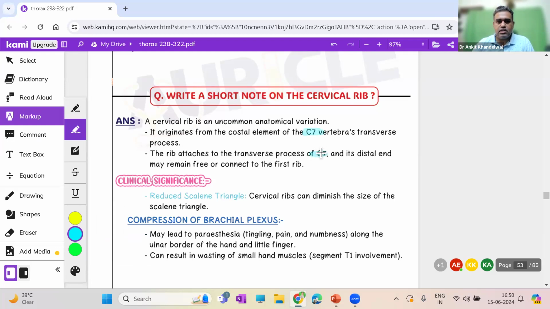The rib attaches to the transverse process of C7. Clinical significance is it produces a scalene triangle. Now, what is a scalene triangle? When you look at the head and neck, you have the scalenus anterior muscle. That scalenus anterior muscle and the structures lying below and behind it form a small triangle. The thing over here is that due to the presence of cervical rib,